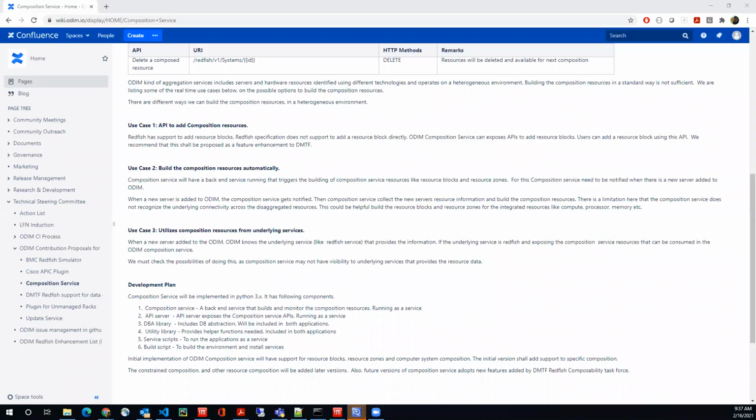But what is the meaning, if within one computer system there are 5, 6, 8 memory modules and 2 network interfaces and 2 processors available? Is defining multiple resource blocks really helpful for us? Ultimately, they're going to the same resource blocks. Yeah, right? Either way is possible based on the Redfish model. We can define the entire computer system as one resource block, or we can define individual resource blocks and put them under one zone, something like that.